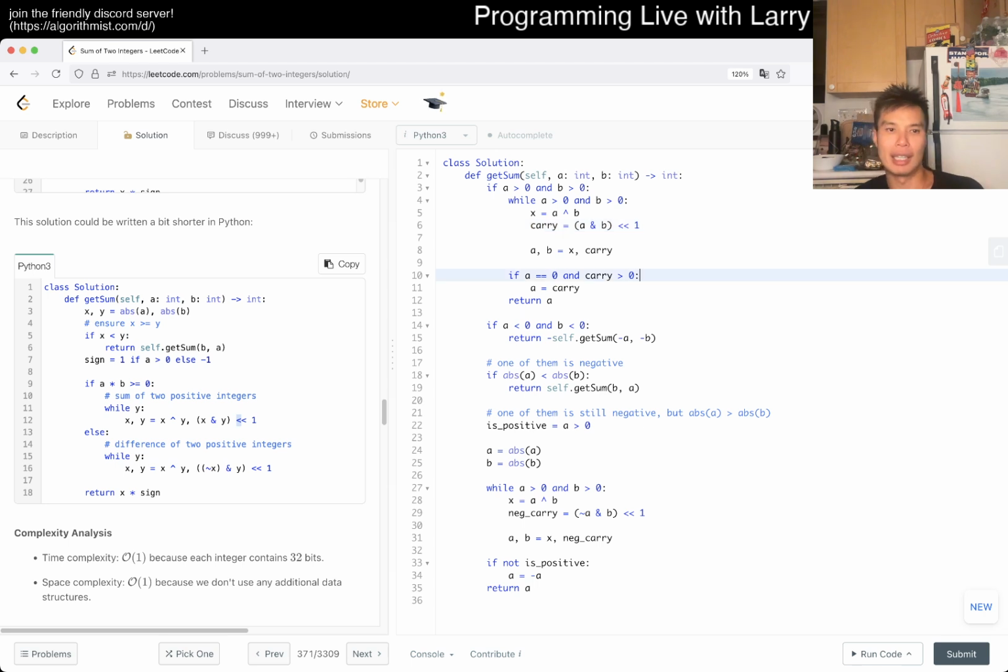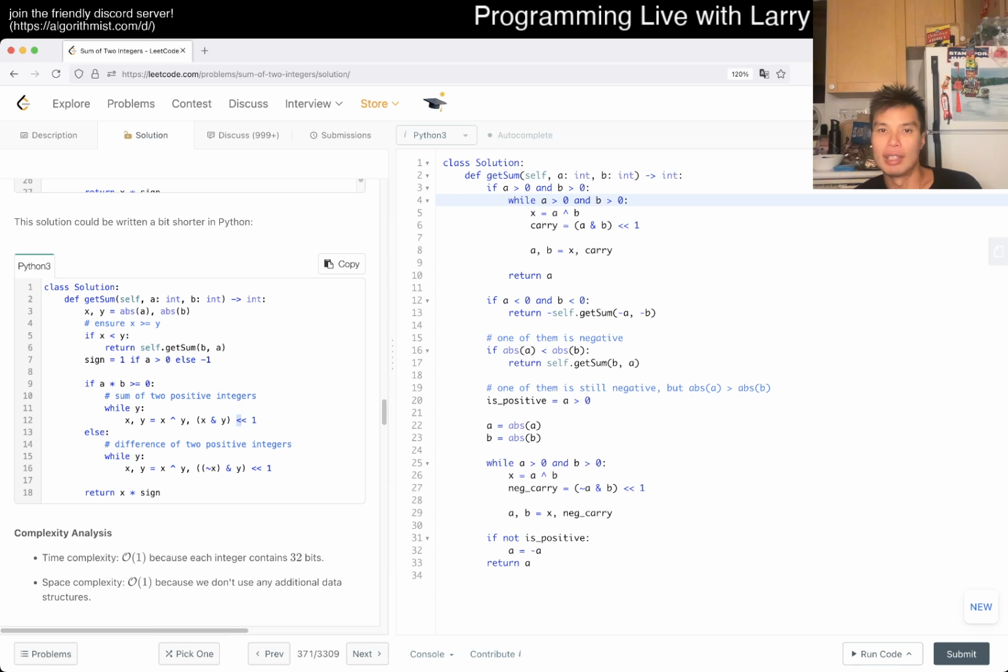Oh, I see. I see. The difference, actually, yeah. That is a better way of handling it, actually, than the way that I handled it. Which is that I did this if statement, which is, I guess, fine enough. But basically, I don't know why I didn't think about that, actually. If carry is something and x is 0, we can still terminate. It's just, in that case,